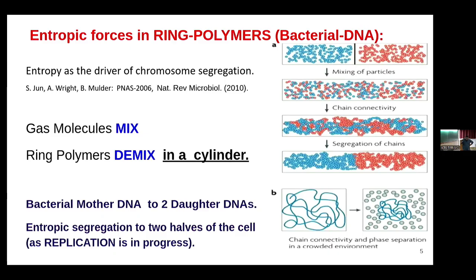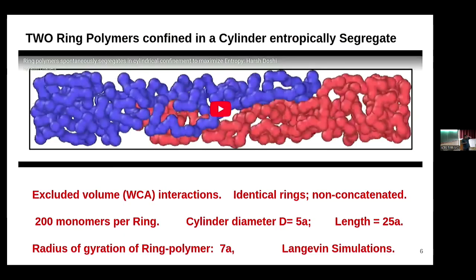So when we say entropic segregation, typically physicists or most scientists would associate entropy with mixing. Like if you have two gas molecules separated by a partition, by a wall, you remove the wall, they would mix. And why would they mix? They will mix to increase their entropy, they increase the number of microstates. On the other hand, if you have two ring polymers and they are mixed already, they would segregate because of entropy. Now, in this talk, I won't tell about the physics in detail because explaining the full physics takes 15